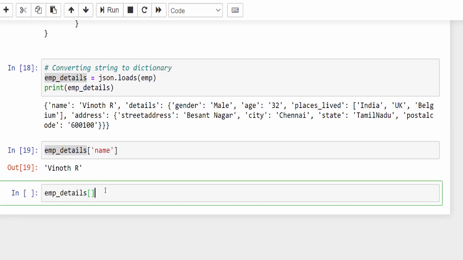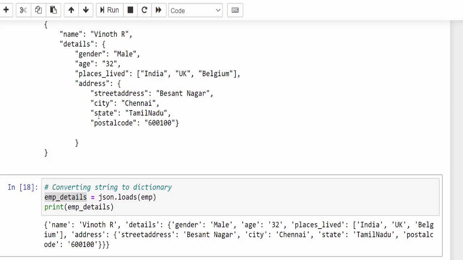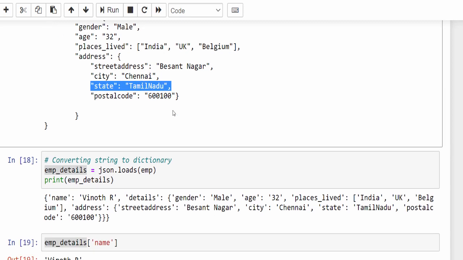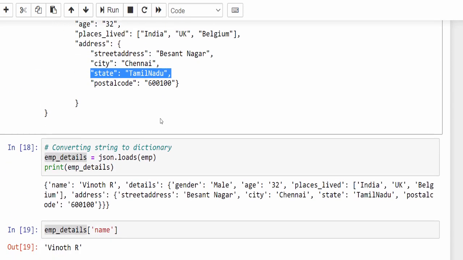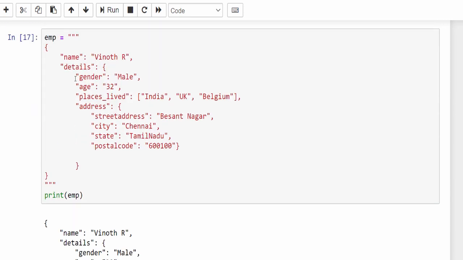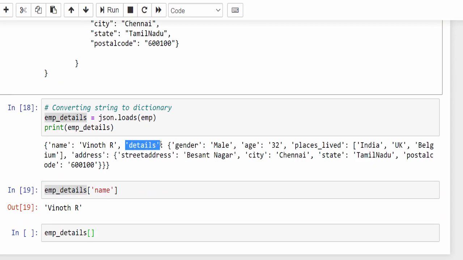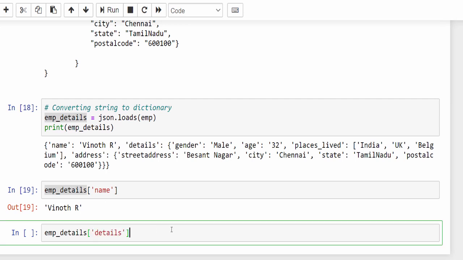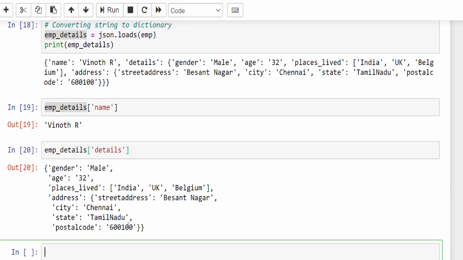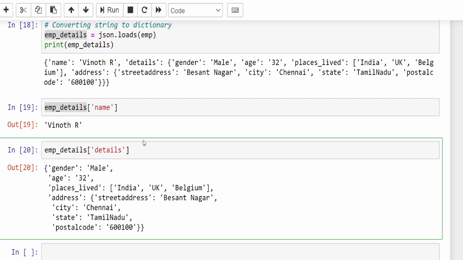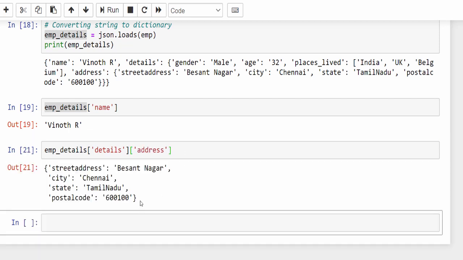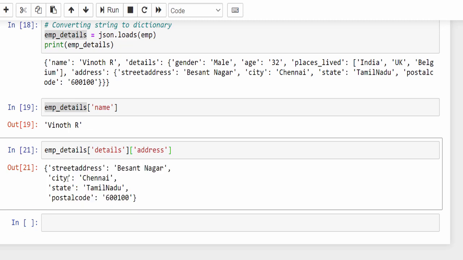Okay, now for example, if I want to search for state, the syntax for that is: it falls under the details dictionary. So first we have to search for details, we get the output, then inside the details it falls under the address, so mention the address, and it is able to retrieve the value.